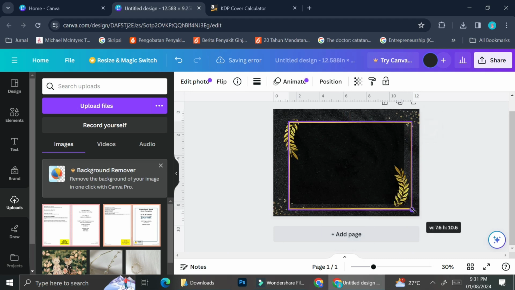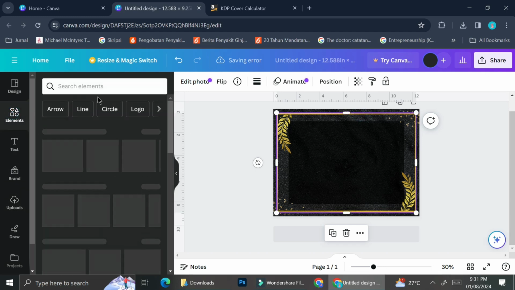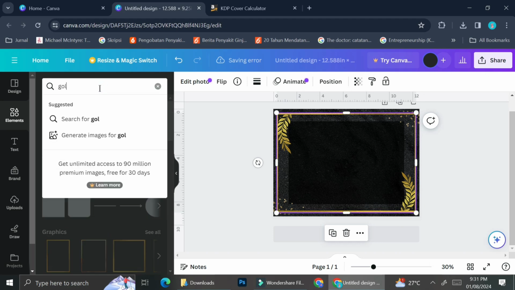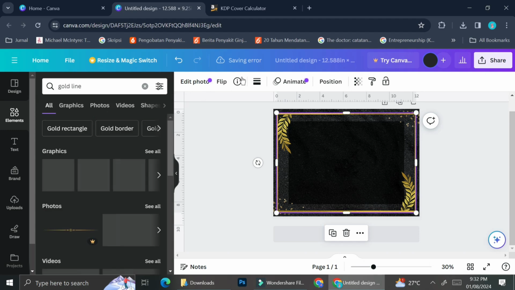book. The next thing that I'm doing is that I'm going to add some lines to indicate where the spine of my book is. Since my book pages are not really that thick, I don't really want to put any wordings or anything at all on the spine area. So I'm just going to search for some gold line, and then I'm going to position it on the spine